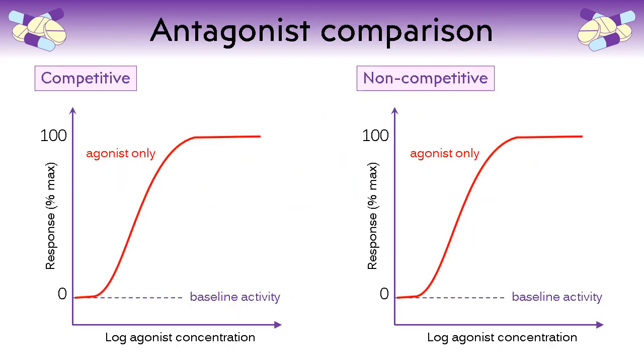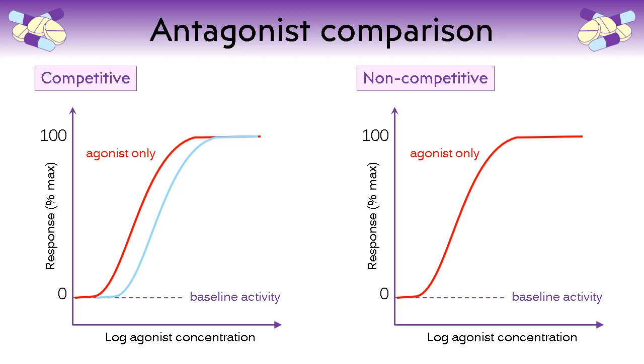Competitive and non-competitive antagonists can be distinguished by their different effects on the agonist concentration response curve. The red curve shows receptor responses to an agonist applied at increasing concentrations. The same agonist applications were then repeated in the presence of a low concentration of a competitive antagonist. You can see that it now takes higher concentrations of the agonist to produce the responses achieved when agonist was